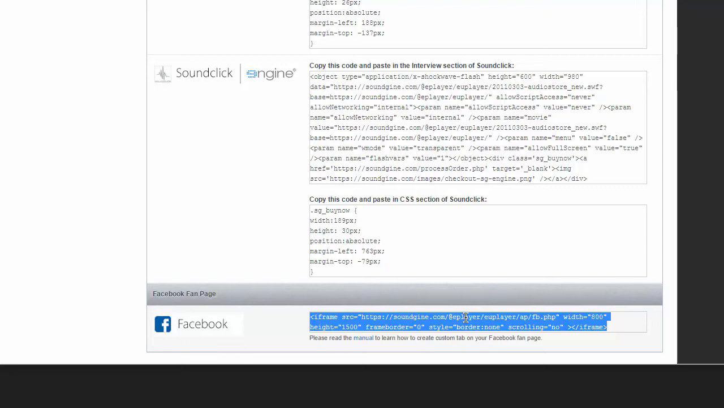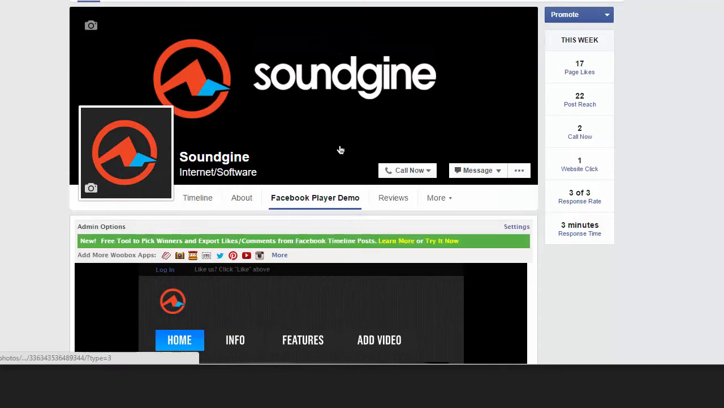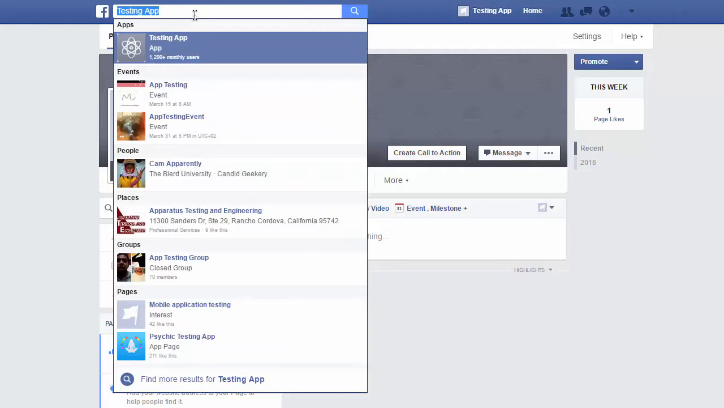create a tab within your fan page, and you're going to be pasting that code inside of that tab. So we're going to go ahead and talk about that right now. All right, so we have a tester fan page. When you create a fan page, you'll see something like this. If you already have a fan page, then your fan page will be all set up, but the process is the same. So the first thing you want to do is go to the search tab, and you want to put in